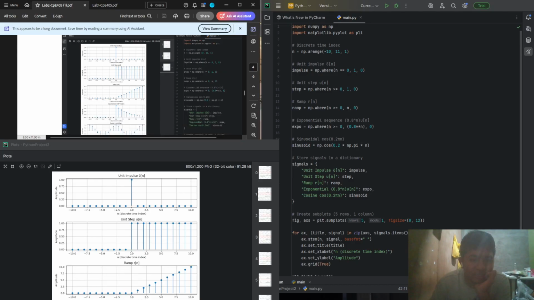For the exponential, the index is used as an exponent when n is more than 0. In the sinusoid, we have a formula where we multiply pi by 2 times the index.